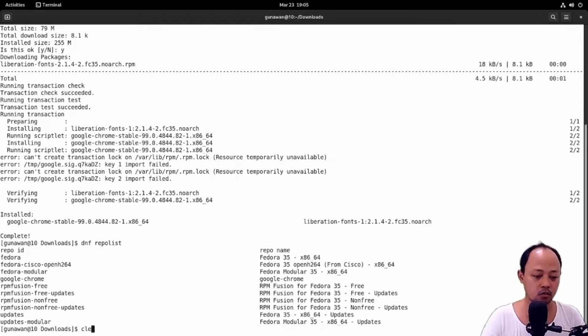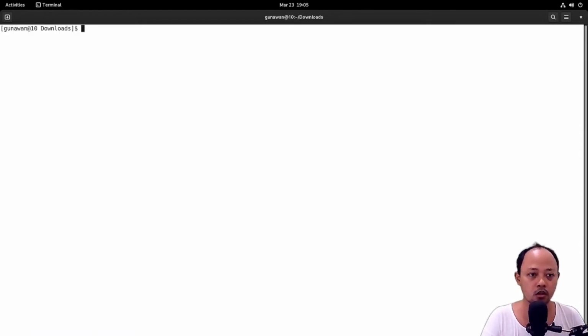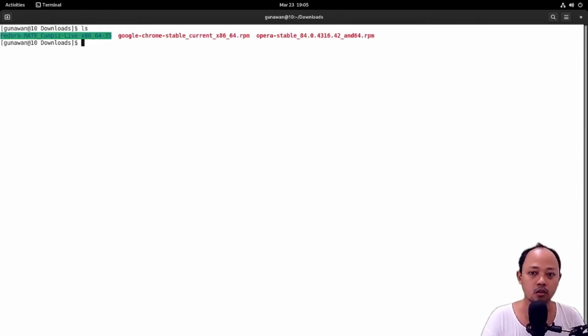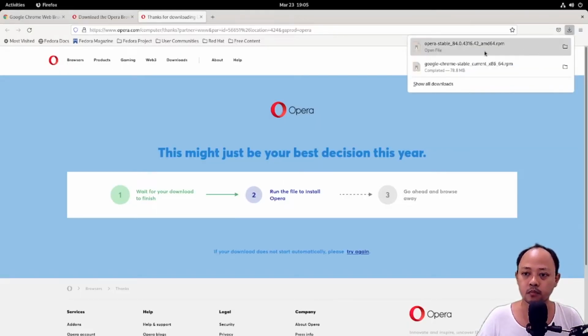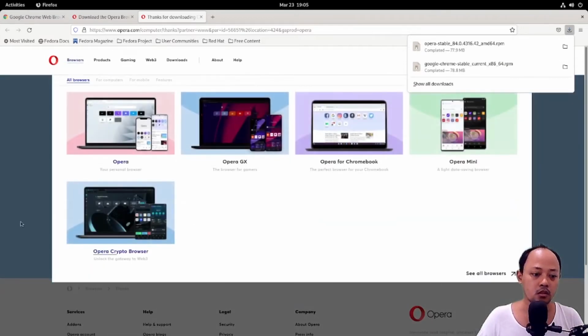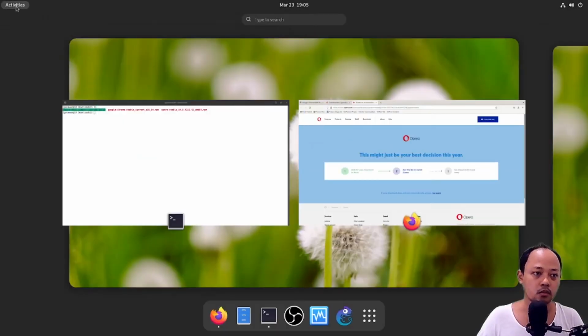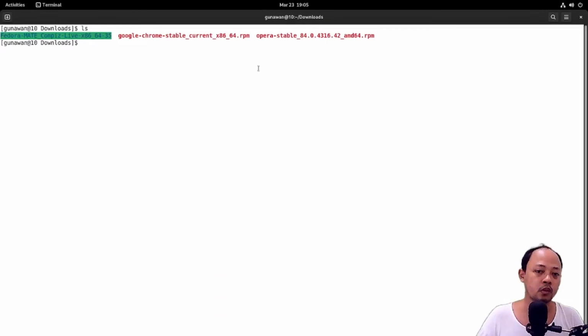Okay, let's check the Opera. I think the download process is done. Yes, the download process is done. So we will continue to install the Opera browser. Sudo dnf install.